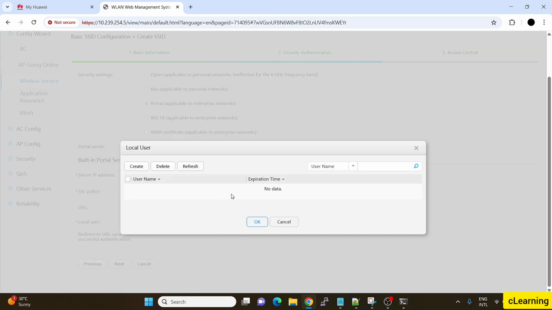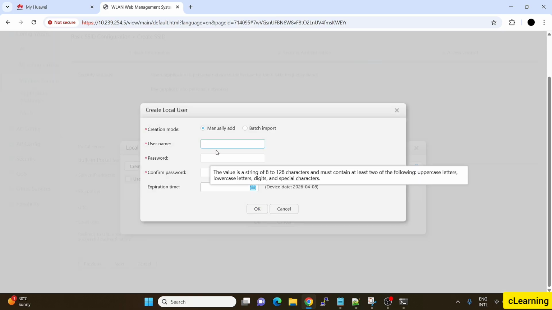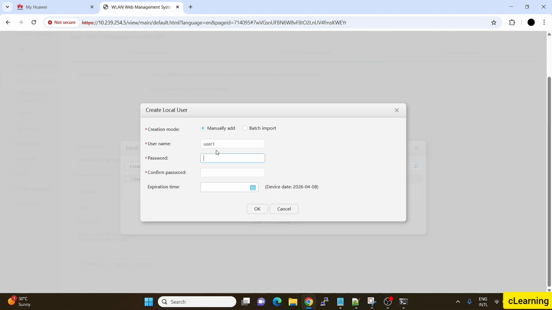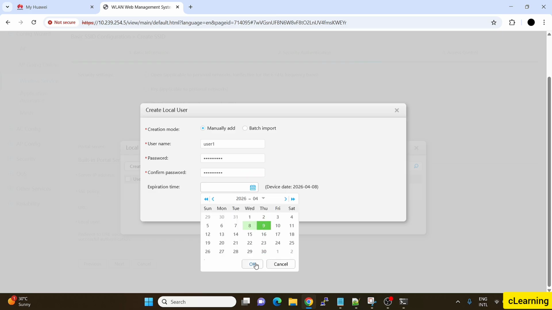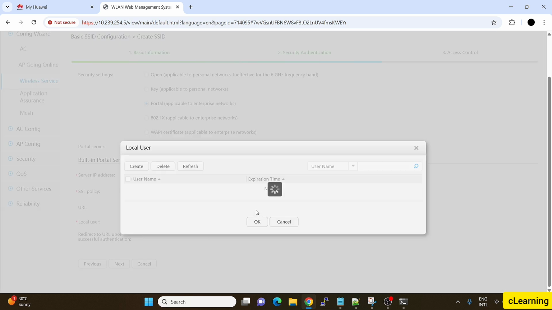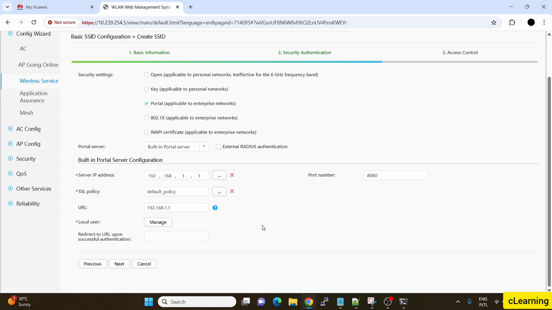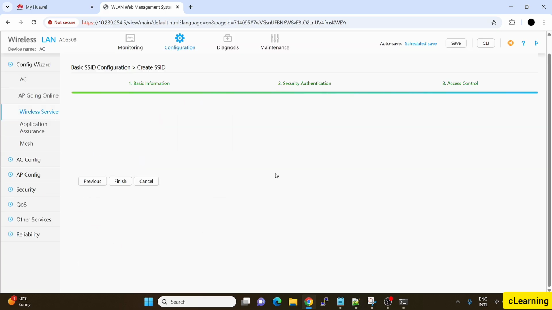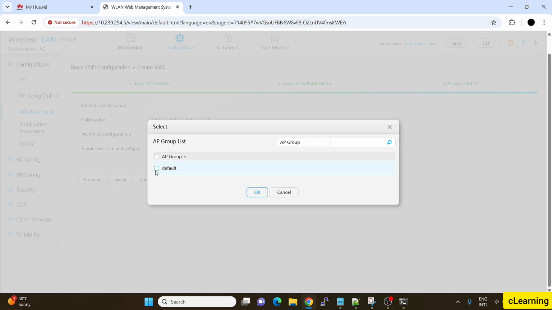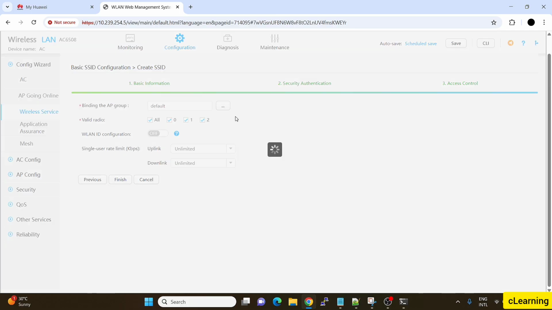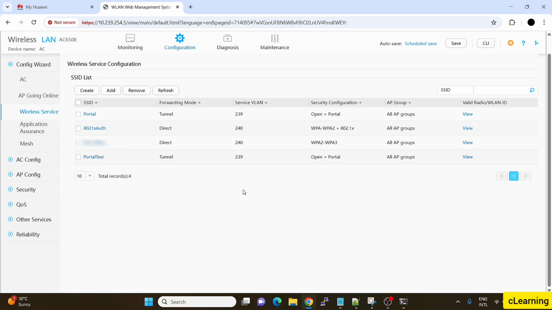And here you can create the local user. From here we can create a local user like user1, and the password of that user. You can create this user from other functions as well. I will select here to increase the timing, so this user will not expire. So okay, and then leave it blank, and then okay, and here you will select the default group. Okay, and then okay. So this is the creation of the SSID. Your SSID will broadcast now,